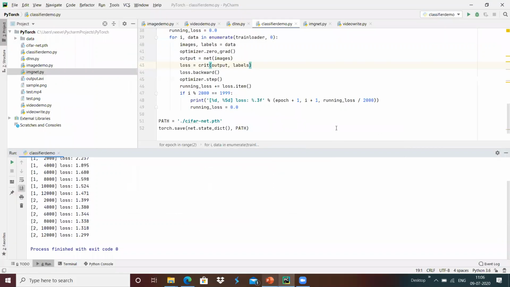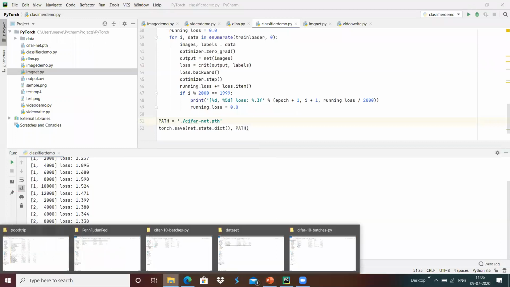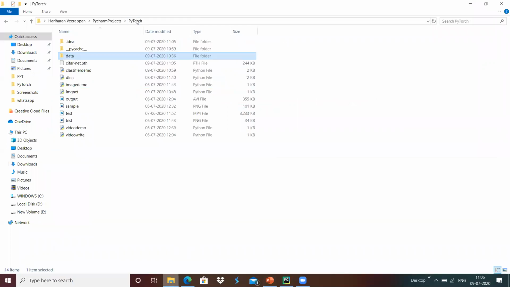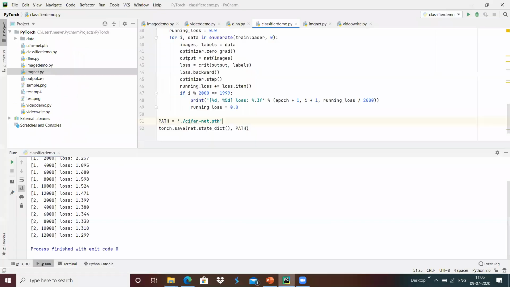For example, I have created the C4 net path. I have the file inside PyTorch, the model has been created as C4 net.pth, and I'm going to test with this model over here.